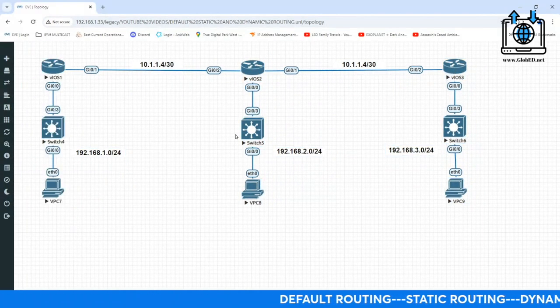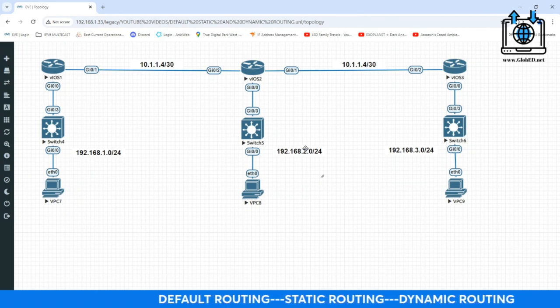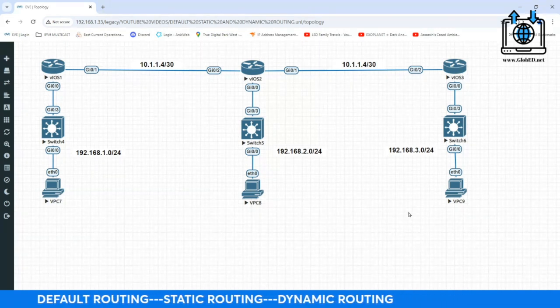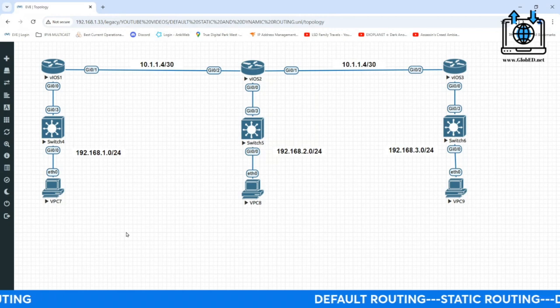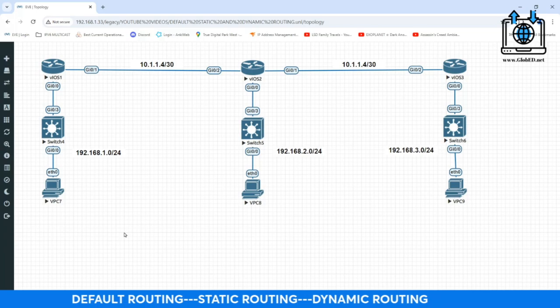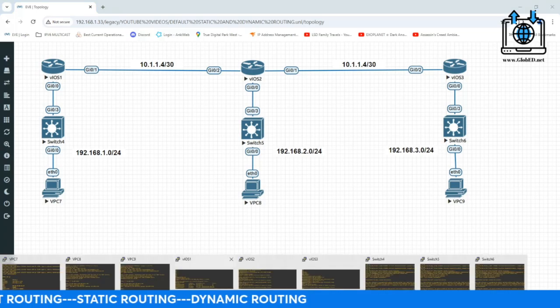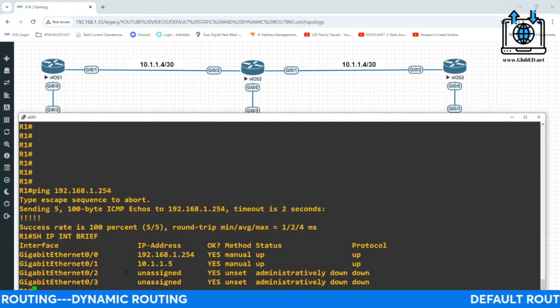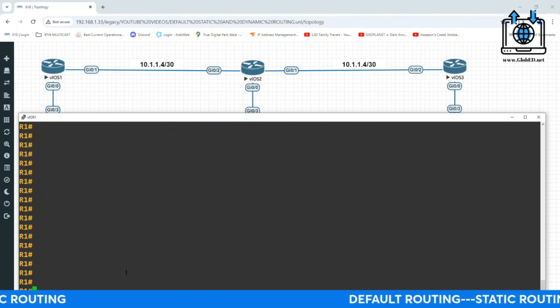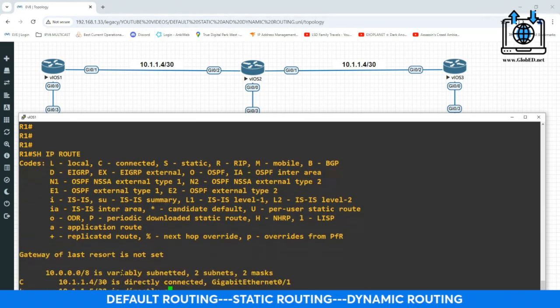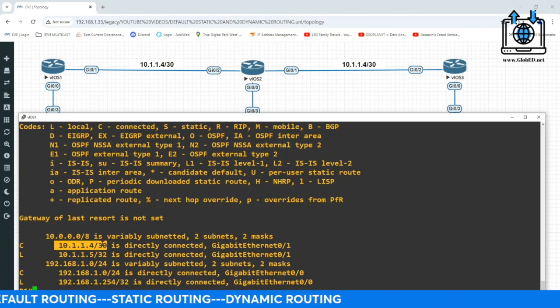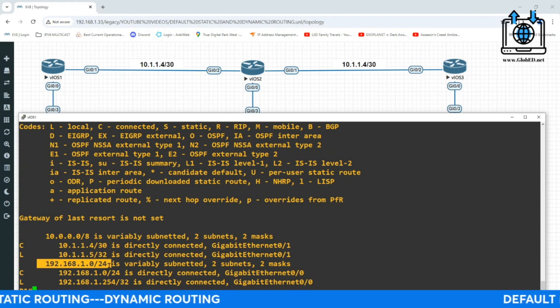What we're about to do, you can do it on this router, router 1, and on router 3. They're considered stub routers, edge routers. There's only one way in and one way out of the network. So we're going to configure something called a default route, which is a gateway of last resort. All right. And let's take a look at that as it's configured right now. So here we were just looking at a summary of the interfaces. If we look at the routing table, show IP route, right? So this router knows about the 10.1.4, and this router knows about the 192.168.1.0.